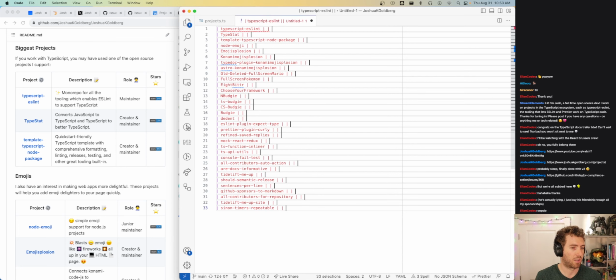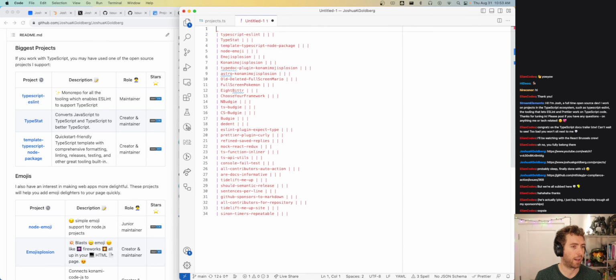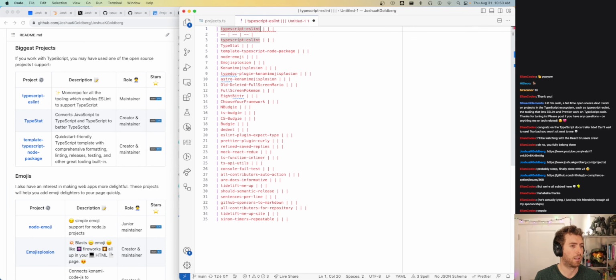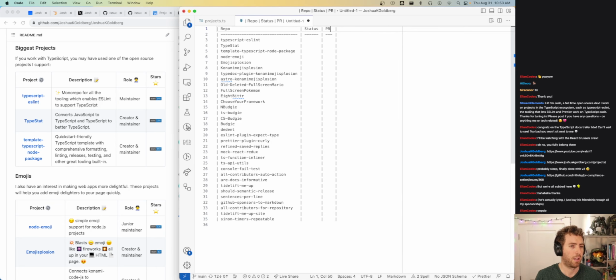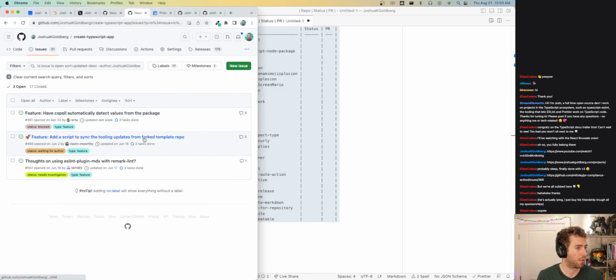Along with their status, let's see, of like how they're doing. Let's see if this works. Markdown. I'm gonna do a repo status PR. Yeah, so for each of these, what I'm gonna do is I'm gonna track,